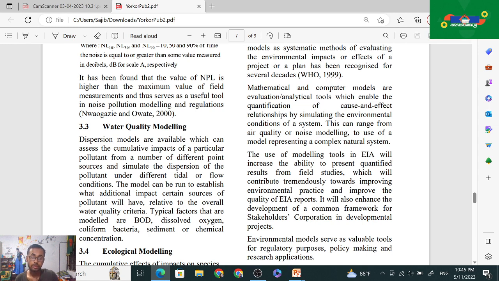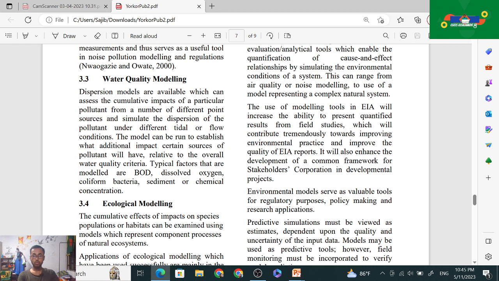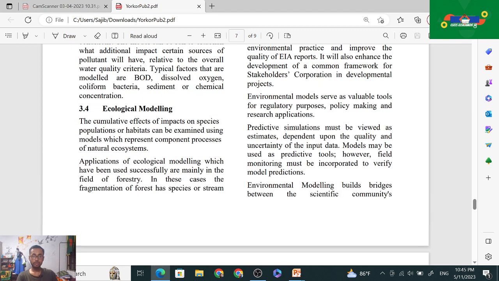The use of the modeling tools in the EIA will increase the ability to present quantified results from the field studies, which will contribute tremendously towards improving environmental practice and improve the quality of the EIA reports, and it will also enhance the development of a common framework for stakeholders, corporations and the development projects. Then environmental model serves as a valuable tool for regulatory purpose and the policy making and research